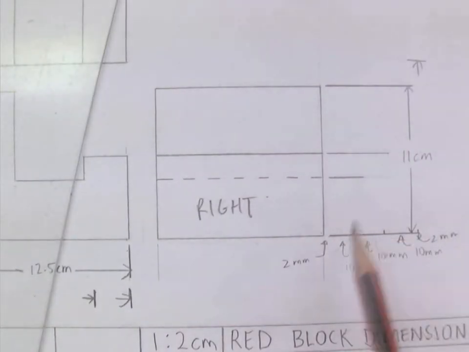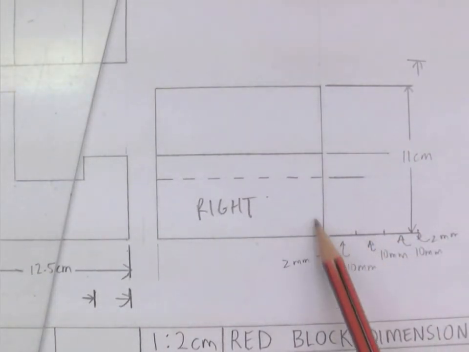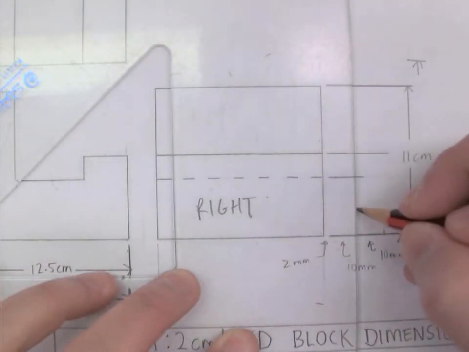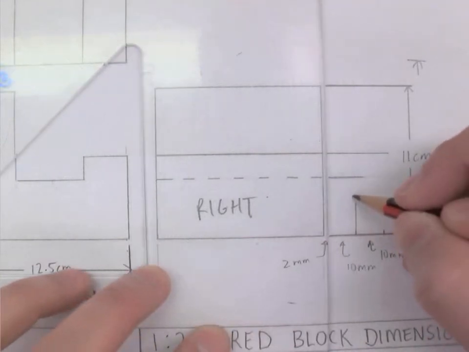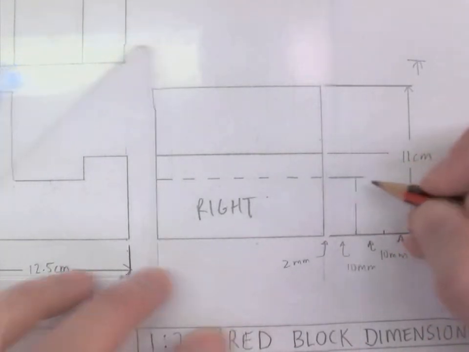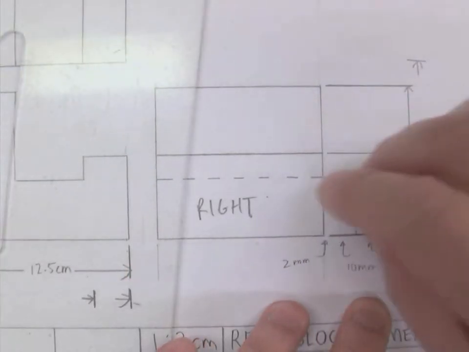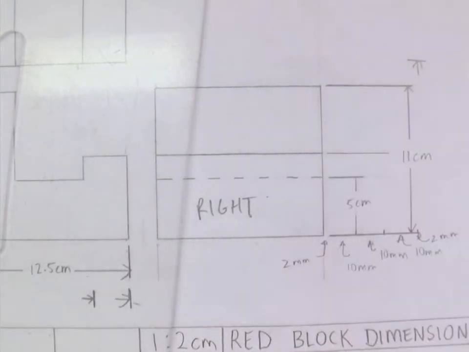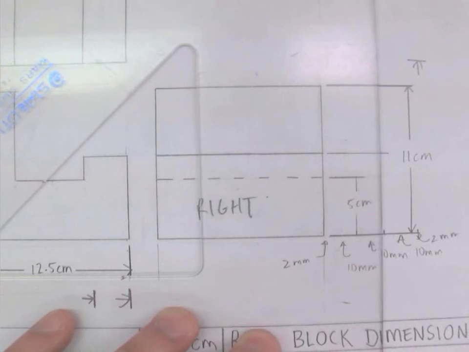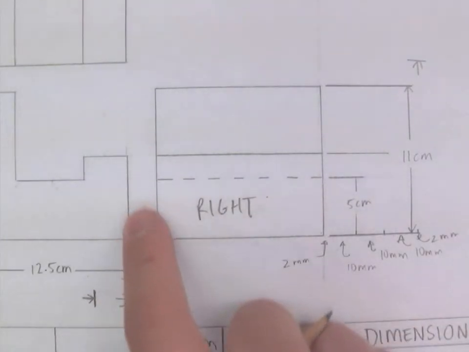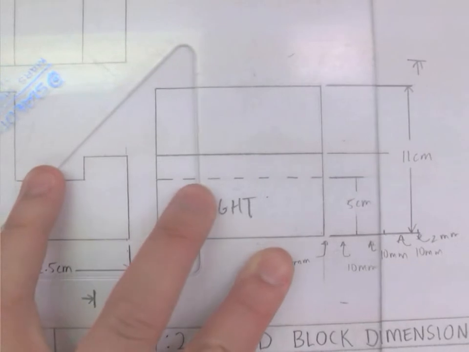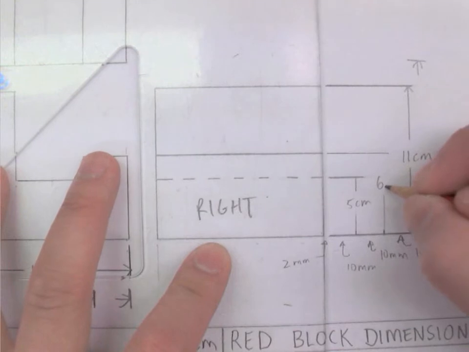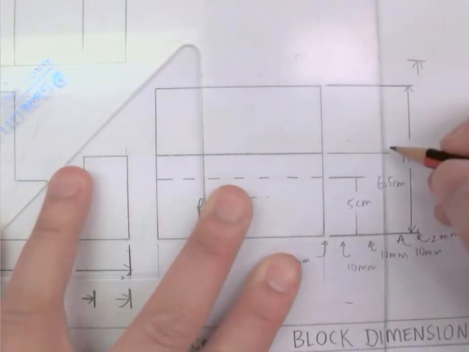Now what I'm going to do is I'm going to do the size of this part right here, which I know is 5 centimeters. So I'm going to draw a line going down. I should have left that gap a little bit bigger, but that's okay. I'm just going to erase that. And I got 5 centimeters. All right. And then I have another one, and I know that this surface here is 6.5 centimeters. So I'm going to draw my line, leave a little bit of a gap, 6.5 centimeters, and then finish my